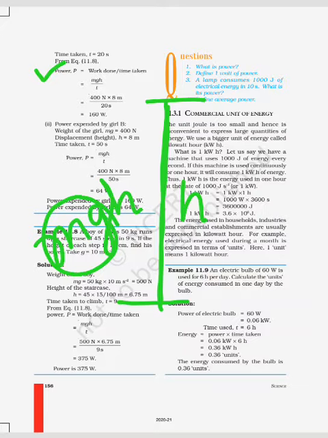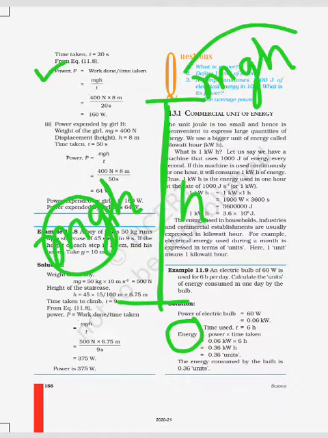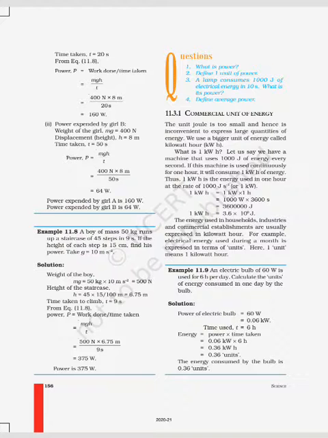So what is given here? Weight is given, height is also given. Then how will we calculate work? Work is always equal to energy or change in energy. Here the energy is 0, here the energy is mgh. So how much is the change? The change is mgh only. So work is the change in energy, which is mgh, so work is also mgh.